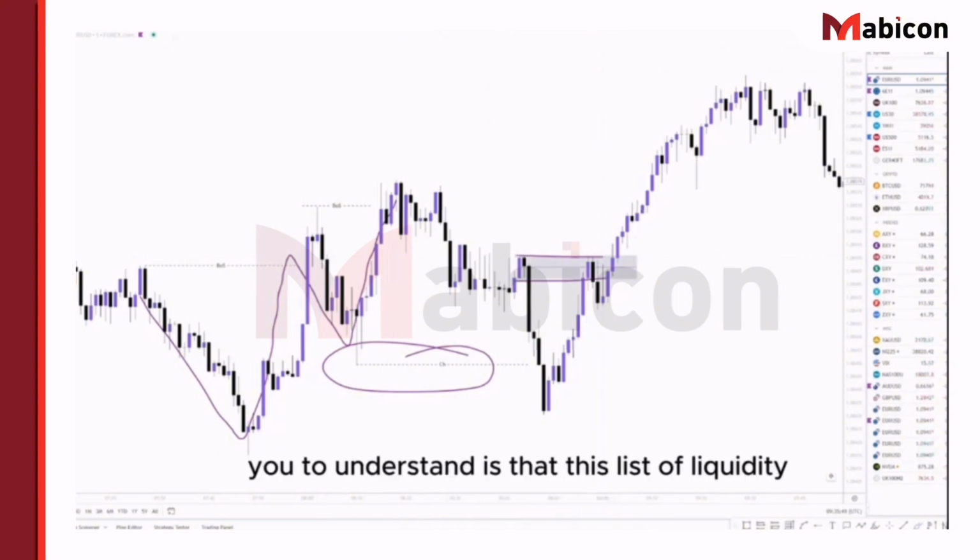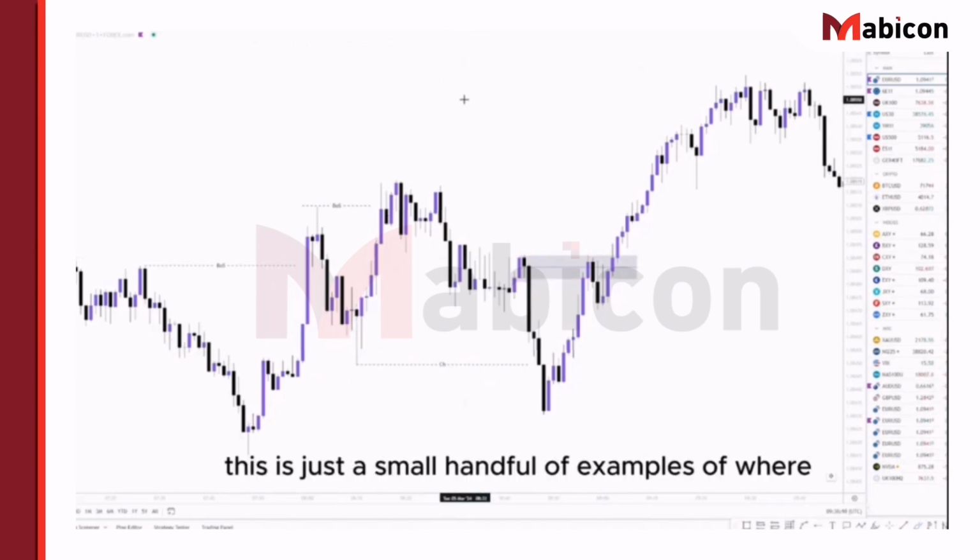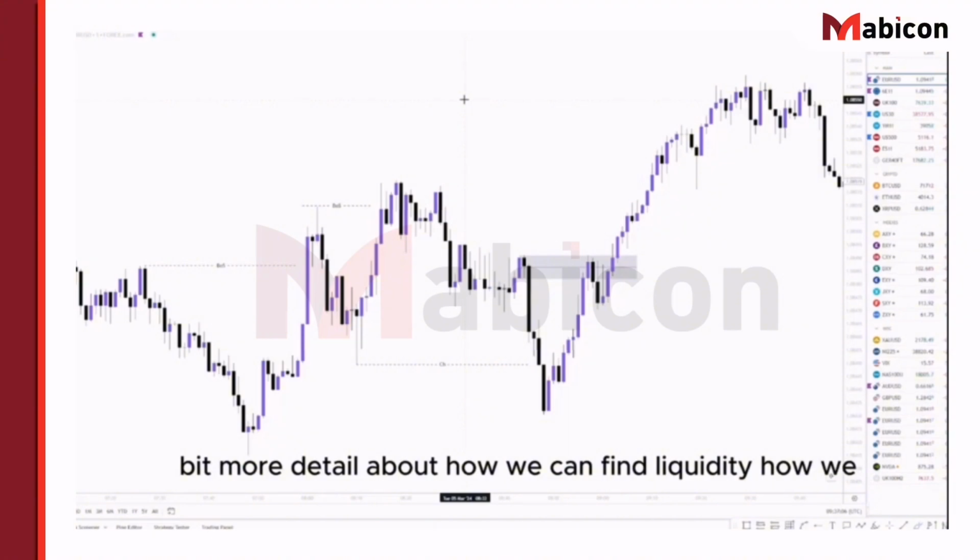Now what I'd like you to understand is that this list of liquidity examples is not exhaustive. This is just a small handful of examples of where we can anticipate liquidity to be. Now, if you'd like me to go into a little bit more detail about how we can find liquidity, how we can